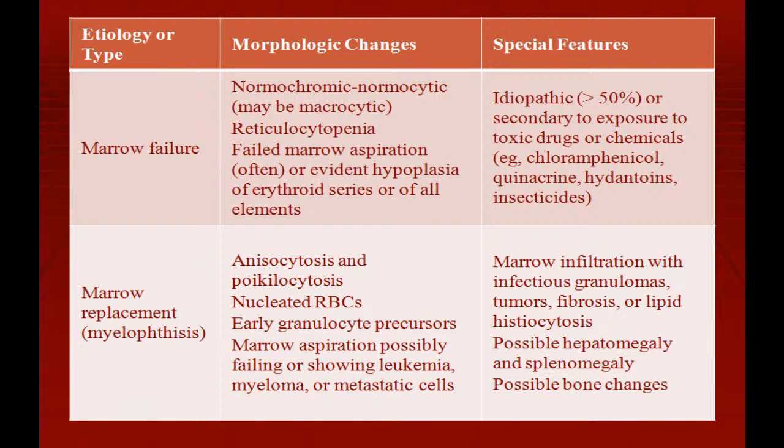Another variant of anemia is marrow failure. So later we'll discuss aplastic anemia. What we see is a normochromic and normocytic form of anemia, sometimes maybe macrocytic. We see poor response of bone marrow due to low reticulocyte count, so reticulocytopenia is typical. Failed marrow aspiration or evident hyperplasia of erythroid series or of all elements of bone marrow can be